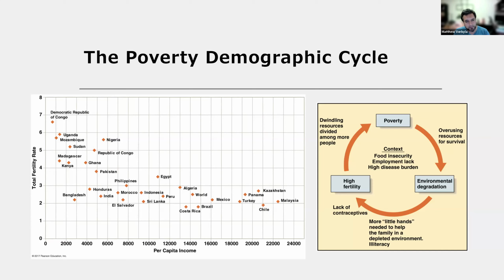Whereas countries that have higher per capita income, like Kazakhstan, Malaysia, Panama, Turkey, and Chile, are shown here on the graph towards the right side. You can see they also have fertility rates less than 3. So this has been described as the poverty demographic cycle. Right? So societies that live in poverty